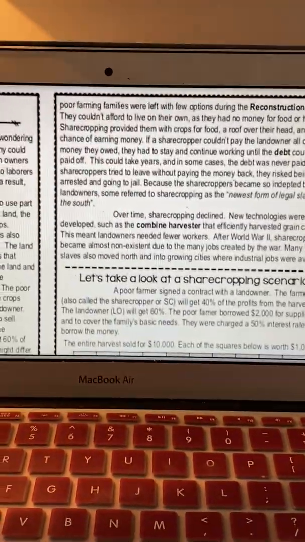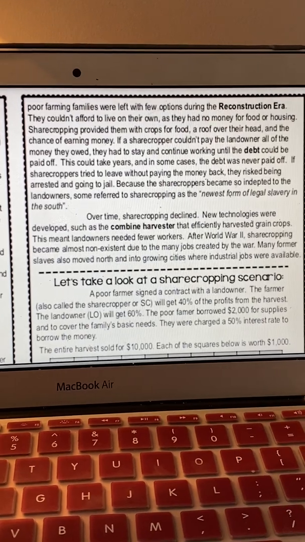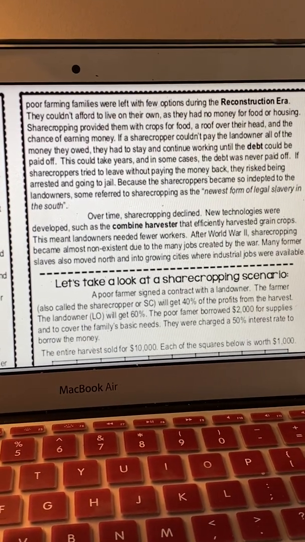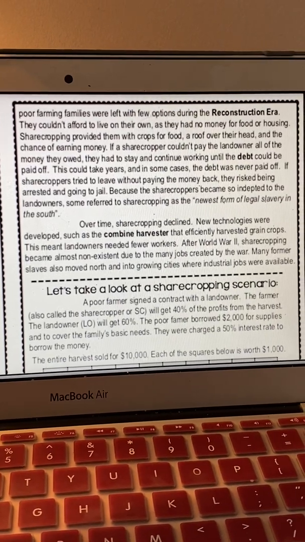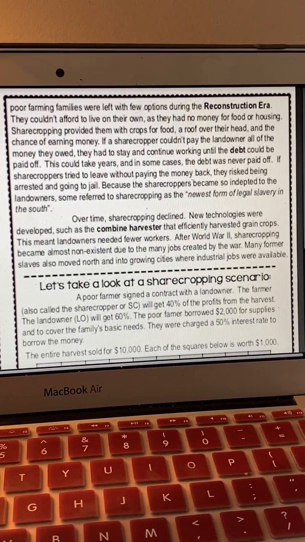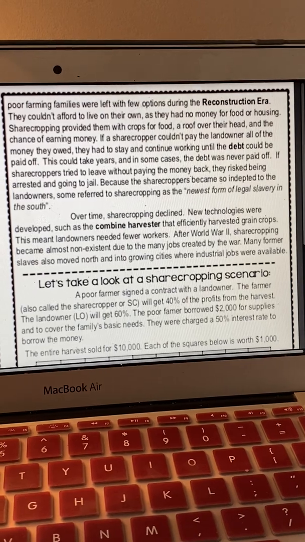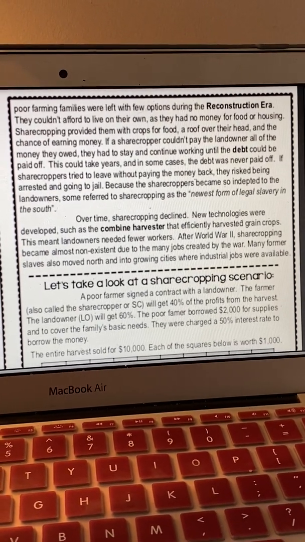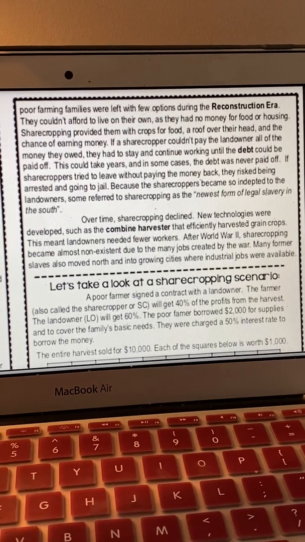So despite the negatives, poor farming families were left with few options during the Reconstruction era. They couldn't afford to live on their own as they had no money for food or housing. Sharecropping provided them with crops for food, a roof over their head, and the chance of earning money. If a sharecropper couldn't pay the landowner all the money they owed, they had to stay and work